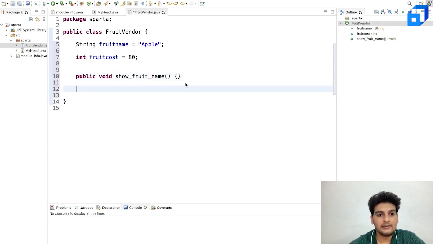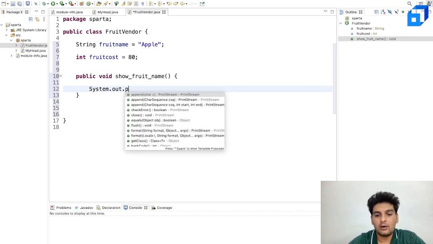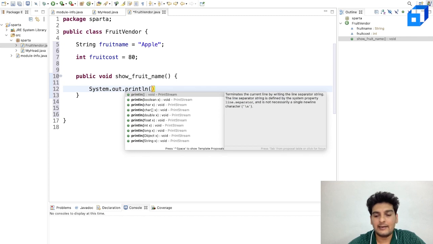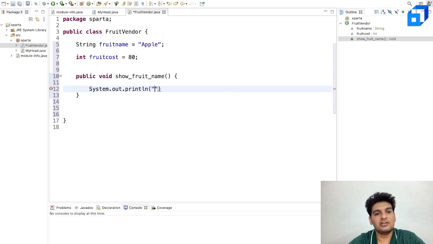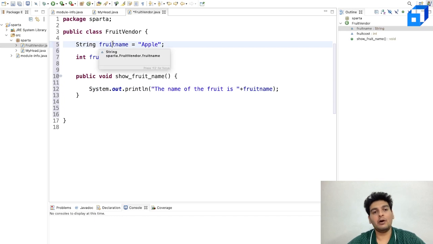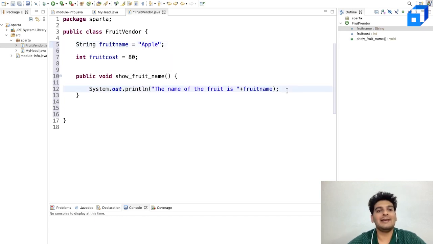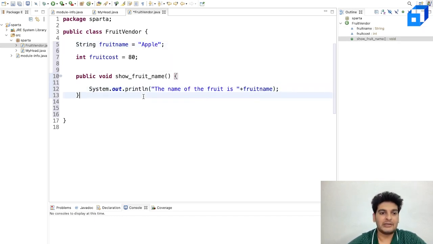And inside this, I just want to use System.out.println, and here I shall write, the name of the fruit is, and here I'll just use fruitName, right? So now this fruitName is basically the member or the attribute, and that I'm printing out over here using this method.